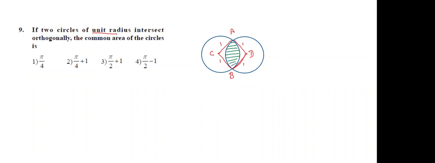By observing the first circle, this is one sector. This is one sector, yes or no? This is point C, this is point B. The radius here is 1 unit, and this is also 1. Then what is the angle between them? It forms a square, so the angle is 90 degrees.